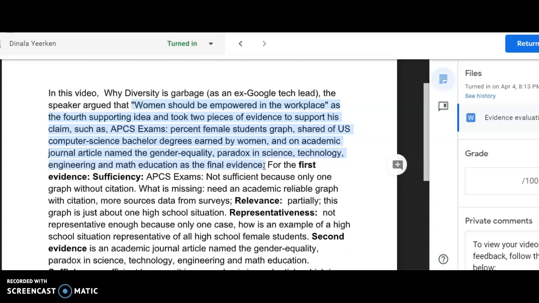I would just phrase it with your own words, instead of simply taking a quote directly, right? What's the supporting idea? That more opportunities should be given to women who actually have the ability to work in the tech field, something like that, right? Now, by the way, all of this